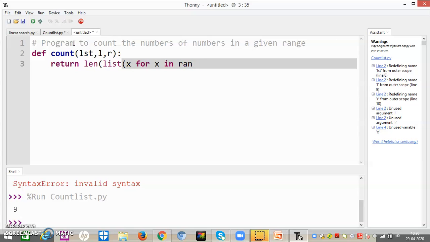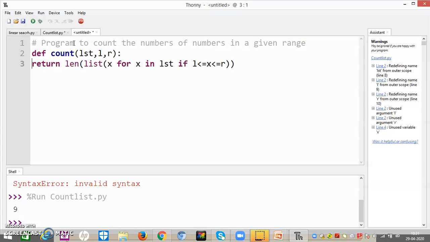Okay, we have to check for x in lst, if L is less than or equal to x is less than or equal to R. Okay, now I think it is the L. This is the formula we have set. You might see whether it will get us an error or not.